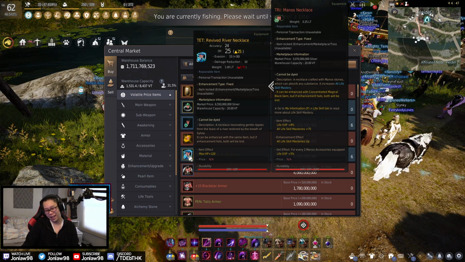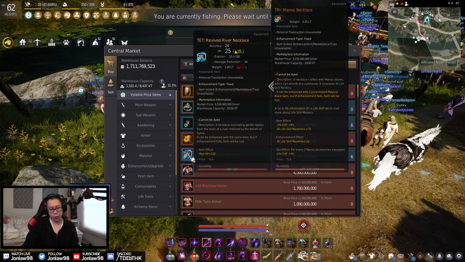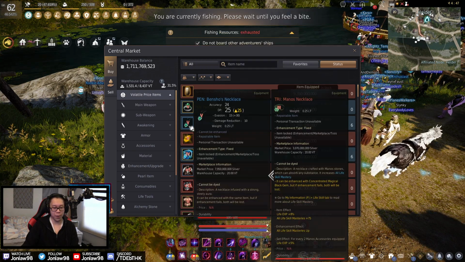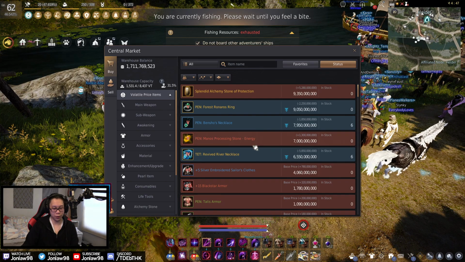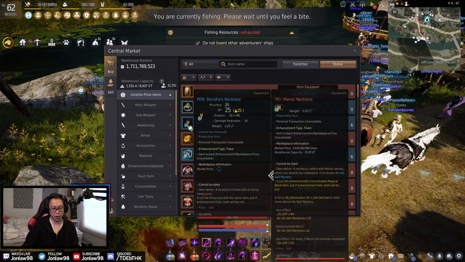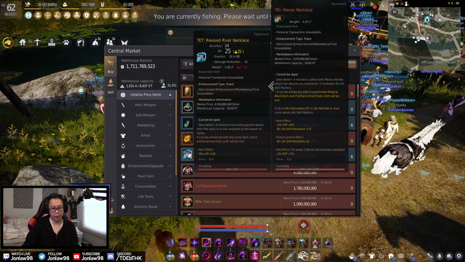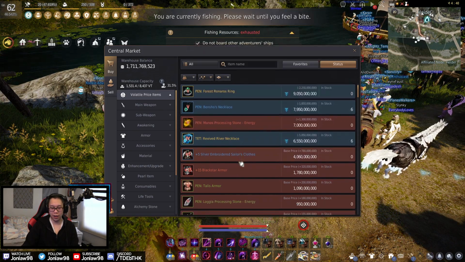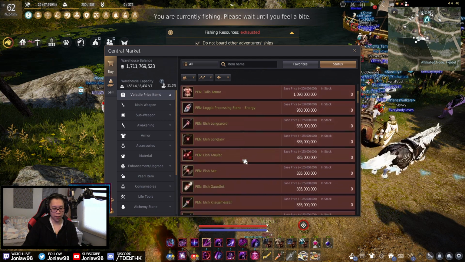It's hard to go over what this is because it is basically a better Bencho neck. So it's cheaper than a Pen. It's the same thing. So I'd get it Revitalized over a Bencho if you were looking at it. And then everything else is just...